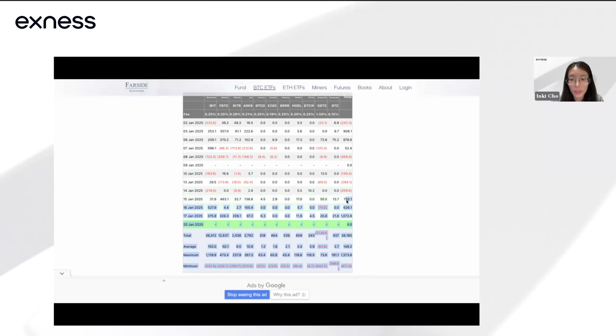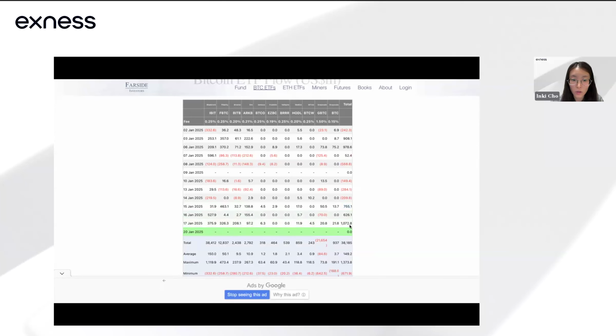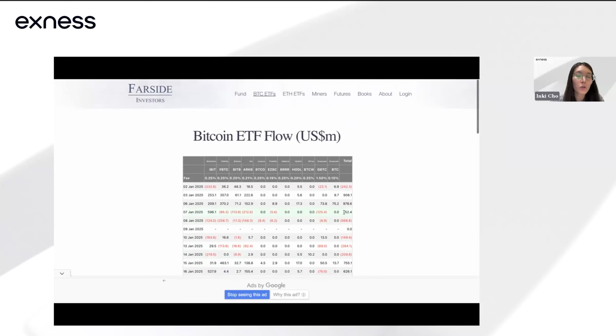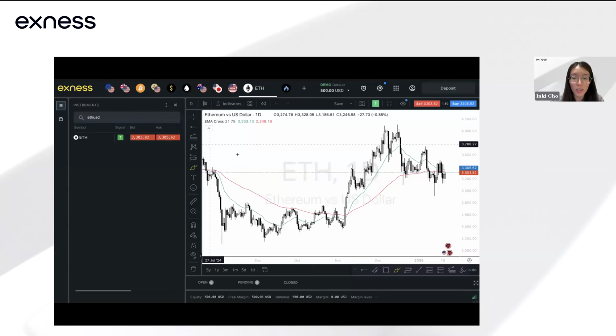So you can see in general we are seeing that inflow coming through, 755 million and 626 million, and so on and so forth, on 17th Jan. So this is what we have. In general, you can observe the sentiment from here. If we're seeing net outflows, then that could not support Bitcoin prices. But if you're seeing ETF flowing in, the overall net inflow, then this could also mean there's more bullish sentiment surrounding this. Of course, we want to also be aware of all the other drivers, not just fundamentals or technicals. You want to combine them together and also take a look at the latest developments, especially surrounding Donald Trump's policies.